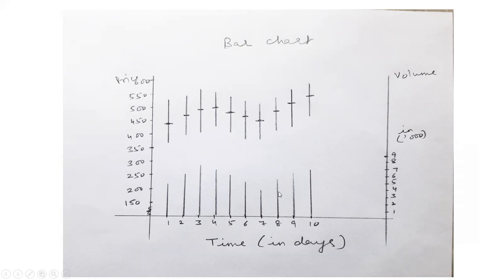In the lower portion of the chart, these bars depict the volume of transactions on a particular day, and in the upper portion of the chart, bars show the high price, low price, and this horizontal tick shows the closing price. See, when prices are showing an upward trend, these bars are increasing, showing an increase in price, and volume is also increasing. When there is a downward trend in the price, volume is also declining. Usually, this is the relationship between prices and volume of transaction, right?